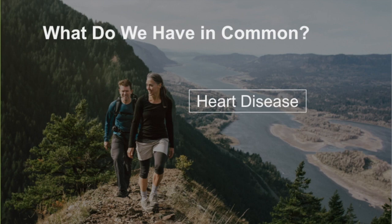Bypass surgeries can help increase blood and oxygen flow to your heart, but you do not want to get to this stage. That said, if you do have heart disease today, these are the natural methods that we use with our patients to help increase oxygenation in their bodies and ultimately help them improve their symptoms. And so here's what you should look for concerning heart disease. Number one is that